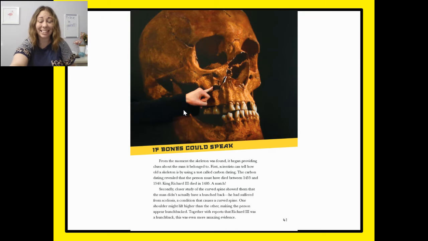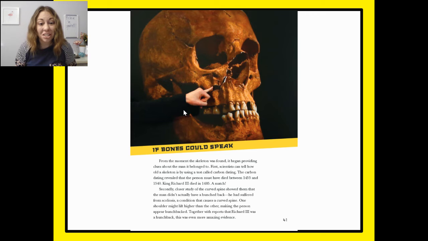So let's look back at the text. From the moment the skeleton was found, it began providing clues about the man it belonged to. First, scientists can tell how old a skeleton is by using a test called carbon dating. Carbon dating revealed that the person must have died between 1455 and 1540. King Richard III died in 1485. A match. So right there, it told us first they used carbon dating to figure out how old the skeleton